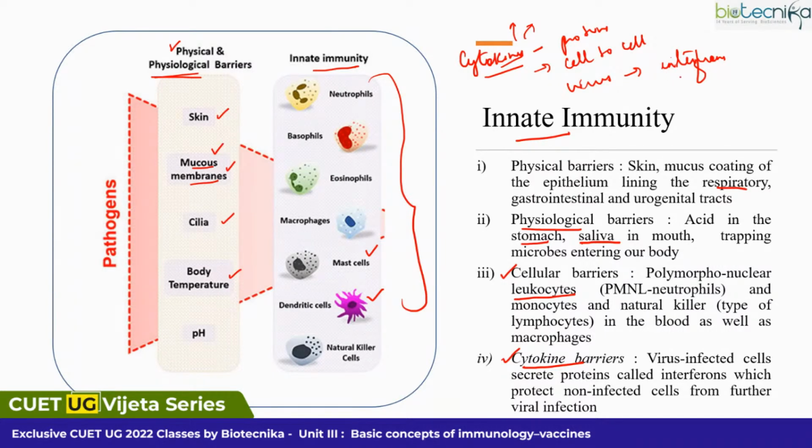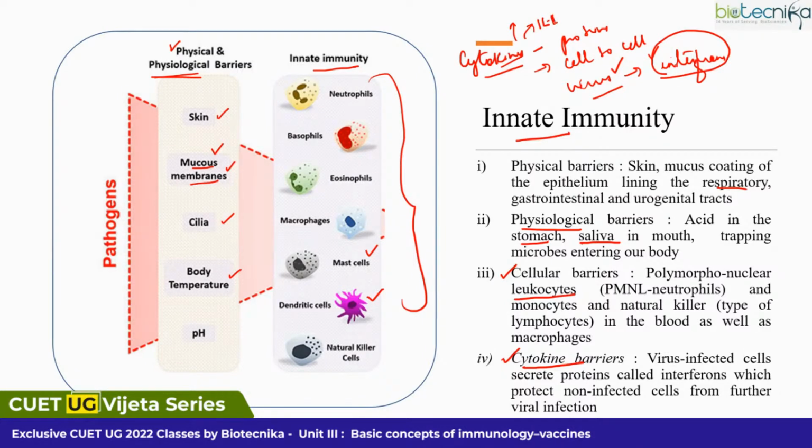So it will protect the non-infected cells from viral infection. So remember, interferons are released whenever there is a virus entry, okay. So these cytokines are specific, like for inflammation or for swelling, you have some typical cytokines, like you have IL-1,